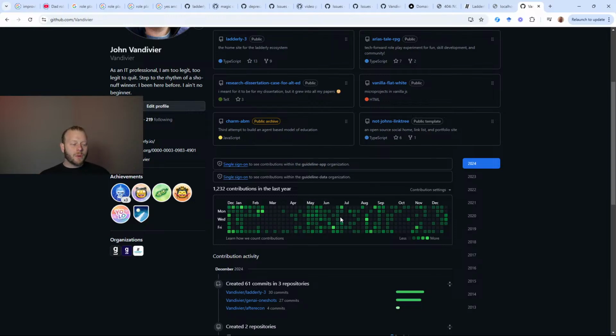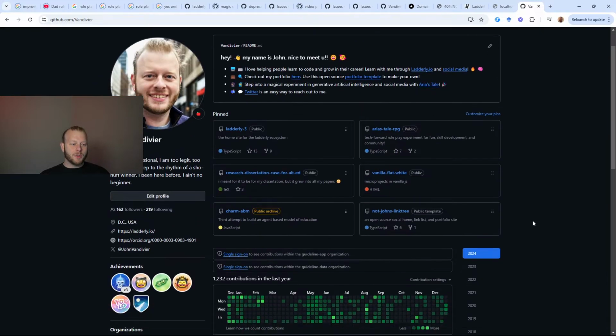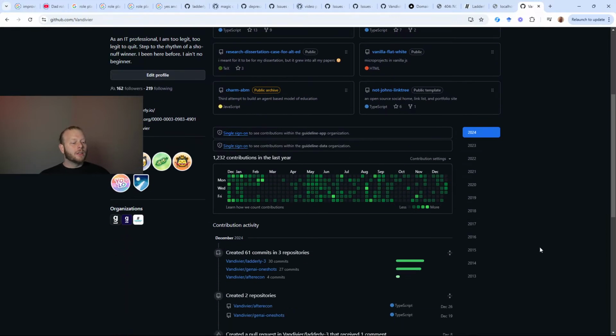Now, how many squares you have doesn't really matter too much. It is conspicuous if you have one little square and then nothing for a year. This mainly only matters at the early career level. For senior developers, it usually doesn't matter too much. There's exceptions, but for the most part, it doesn't matter. But to get that starting point is a real big move.